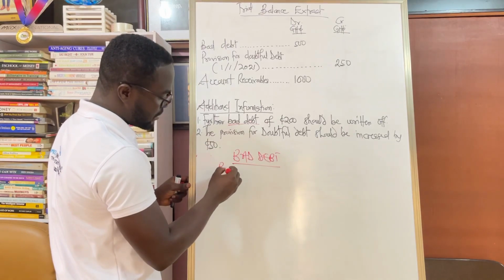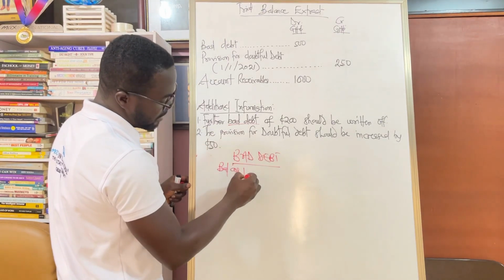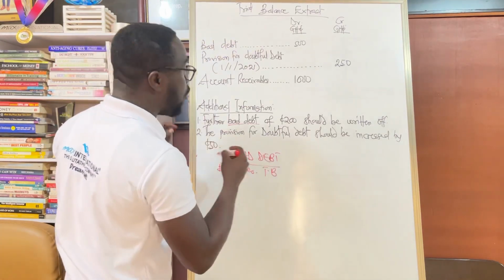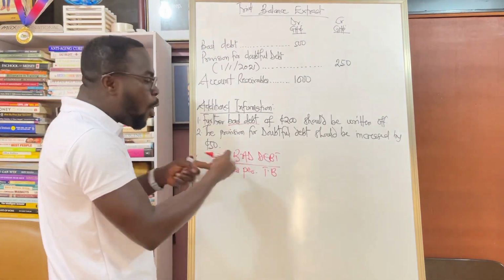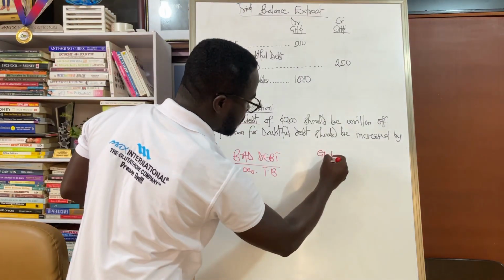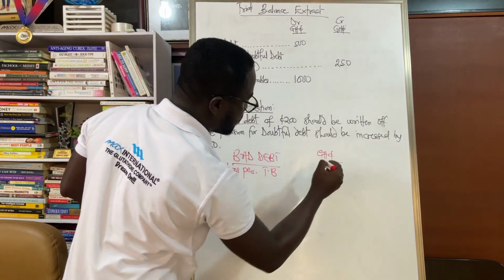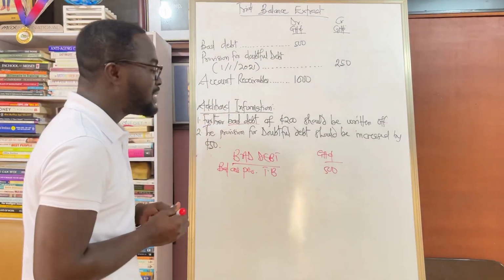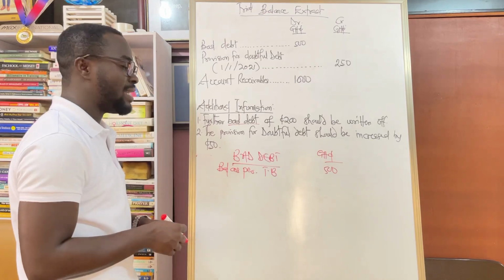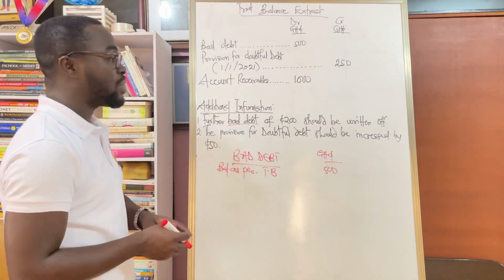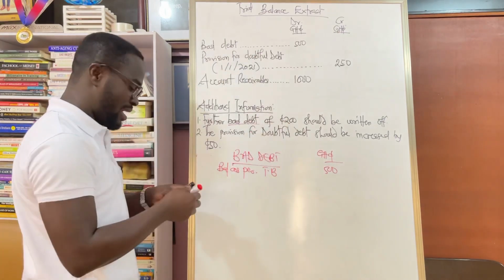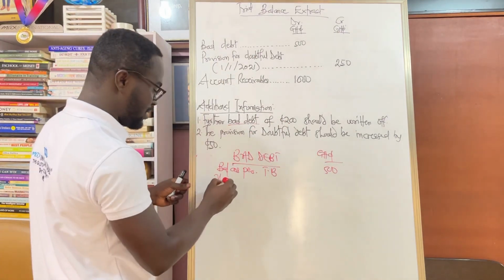The balance as per trial balance. That's the balance per trial balance, or balance b/f, or opening balance: 500 Ghana cedis. Since this 500 cedis is not the actual bad debt that the organization has incurred, the additional information talking about further bad debt, which wasn't taken care of in the trial balance, must be added. See, add